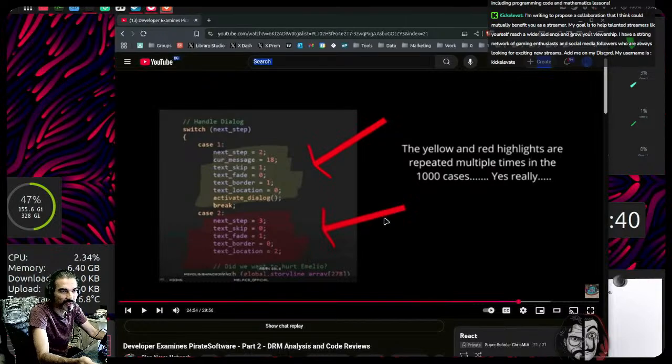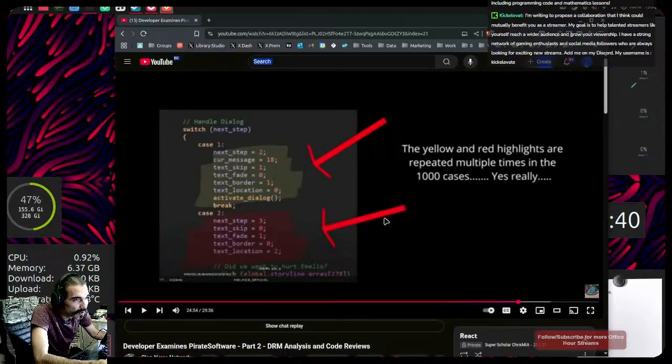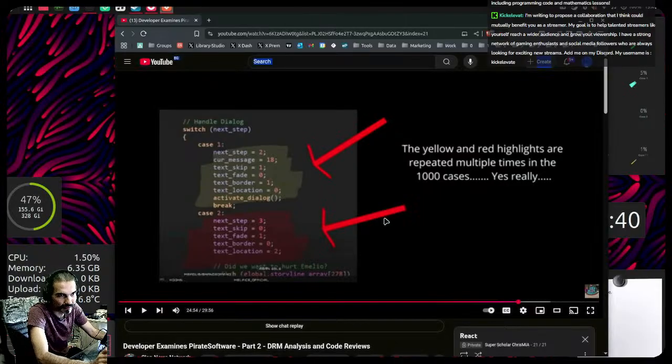Maybe it's not there. You put a zero for it. It doesn't exist. Text skip, 18, no, 1 versus 0. Text fade. You're doing the same thing over and over. Create a function that does it for you and put those numbers in. We'll call it that because you activate dialog. The 7 lines will go down to a single line. That's it. You just call the function, input the numbers, call it a day.